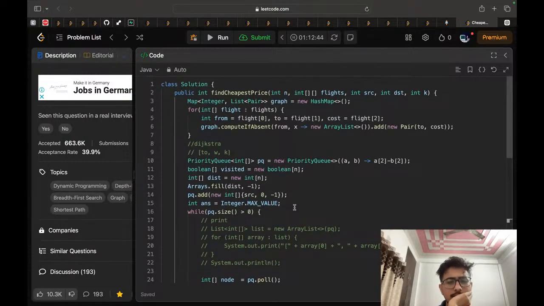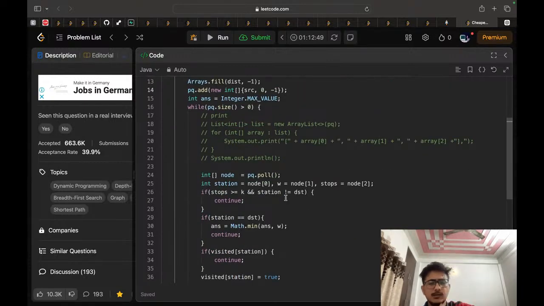Something like this. Can we use a distance array and relax the edges? Relaxing like